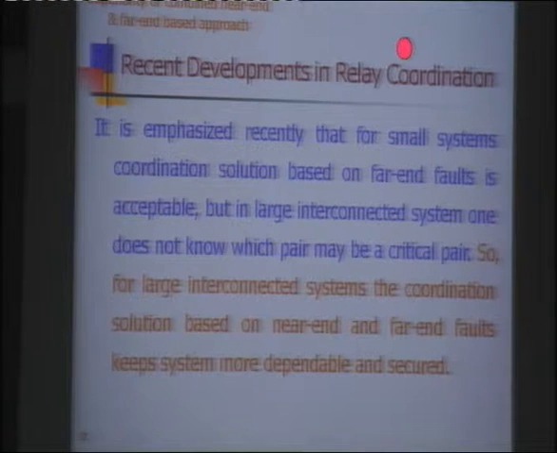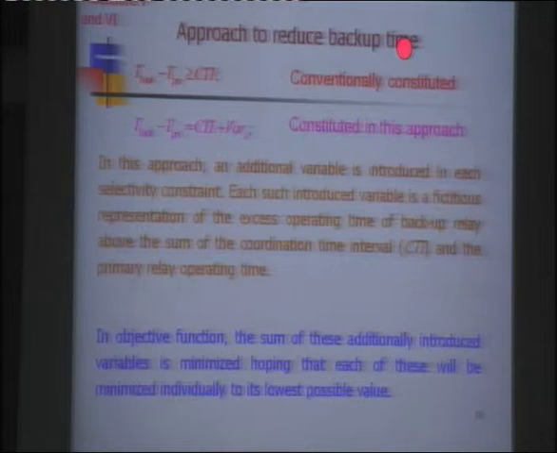Now, when the constraints and objective function optimization problem becomes too complex, we simplify the problem by considering only one side constraints. For example, a near-end based approach. That means only considering this first combination, TMI minus TMM. We do not consider the other end constraint for all such fault points. So the quantum of the problem is reduced, and this is known as the near end fault subdivision of the problem.